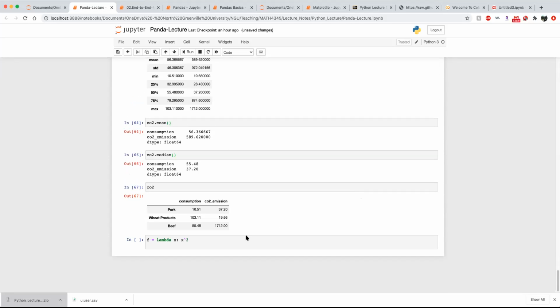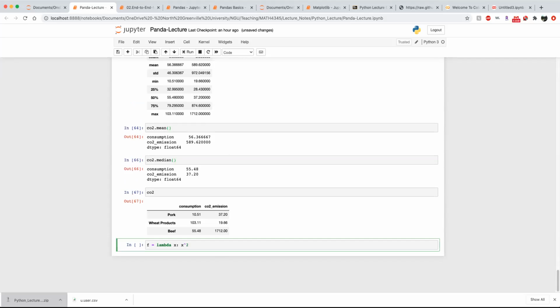Okay. So now the lambda is just a general function name. F equals lambda, what's the meaning of this? You can say we define a function. That's the meaning of lambda. So when you define a simple function, we use lambda. Now then, df dot apply f means